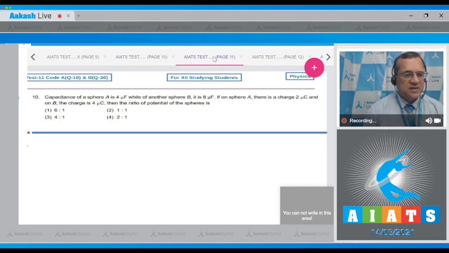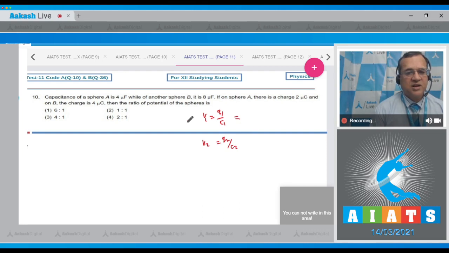Now question number 10: the capacitance of a sphere A is 4 microfarad while another sphere B is 8 microfarad. If on sphere A there is a charge of 2 microcoulomb and on B the charge is 4 microcoulomb, then find the ratio of the potentials of the spheres. Dear student, potential V is equal to the charge divided by the capacity. The charge in the first case is 2 into 10 to the power minus 6, and the capacity is 4 into 10 to the power minus 6, so this is 0.5